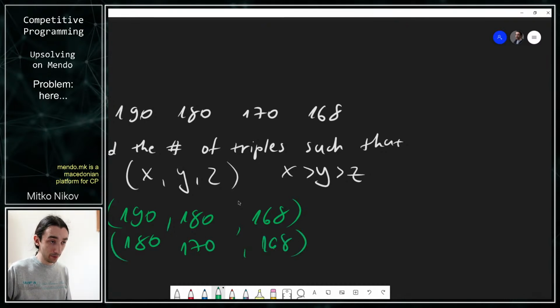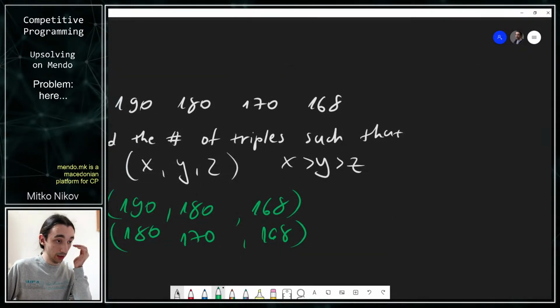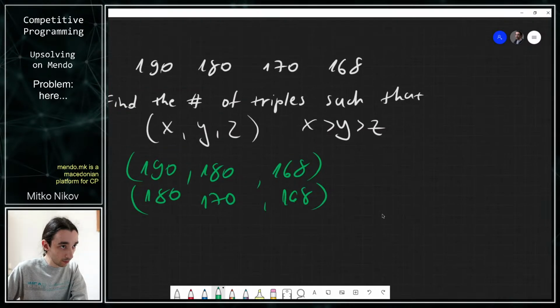They don't necessarily have to be contiguous. You can have a number here, and then a number there. So it doesn't necessarily have to be a continuous subsequence. It's not a continuous subsequence. So how do we solve this problem? If you want to try it out, I don't know what to do. I want to tell you the solution, I don't have time to wait. But